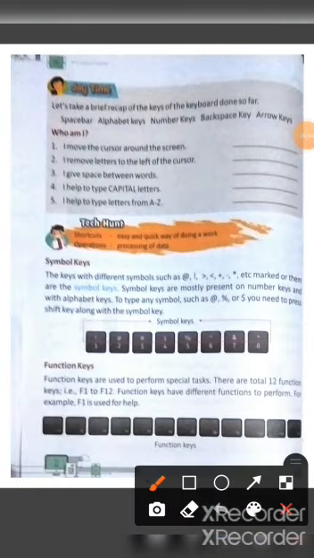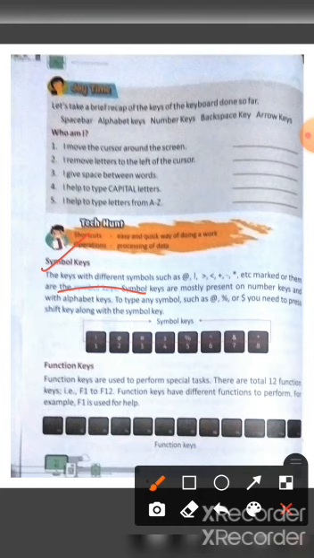Now students, talking about symbol keys. The keys with different symbols such as at the rate, exclamation, greater than, less than, plus, minus and many more marked on them are symbol keys. Symbol keys are mostly present on number keys and with alphabet keys.